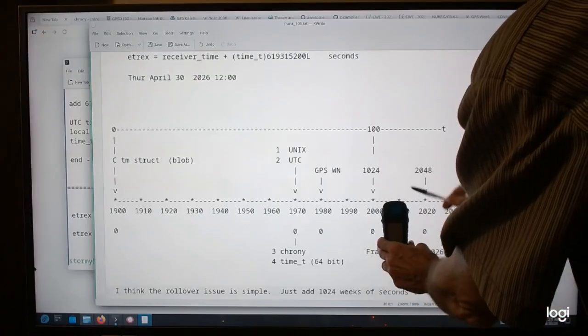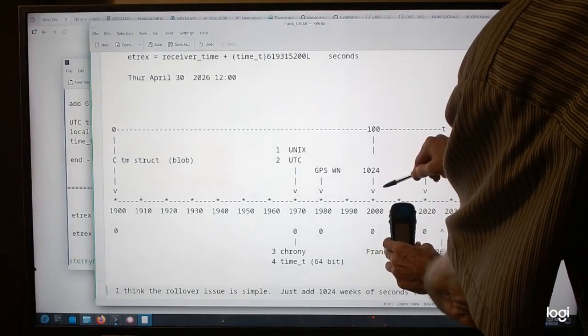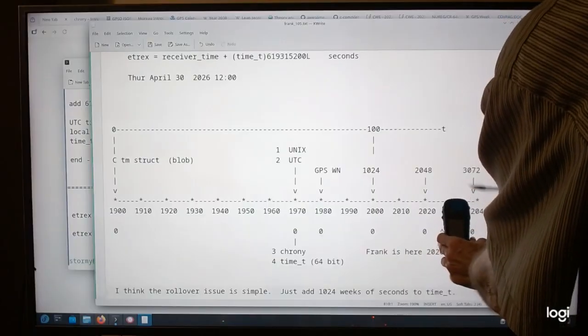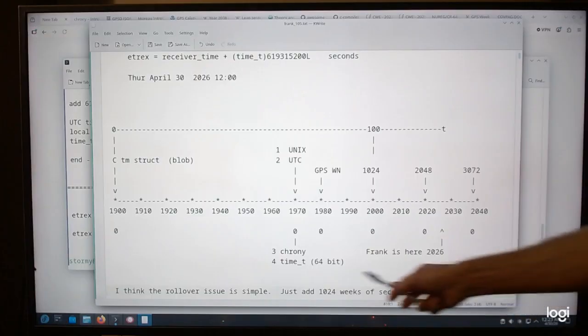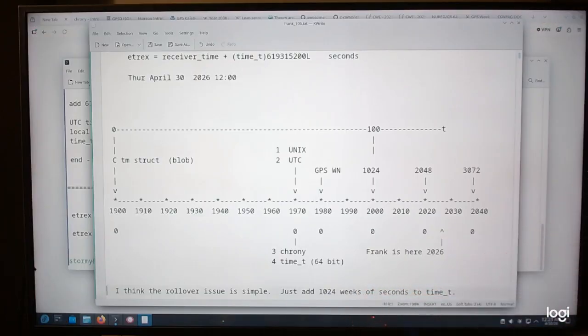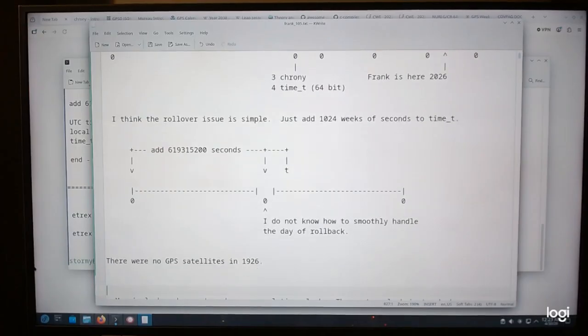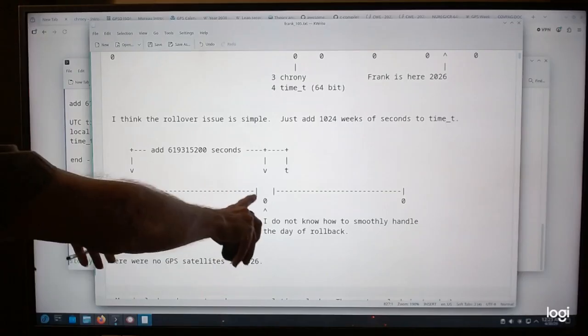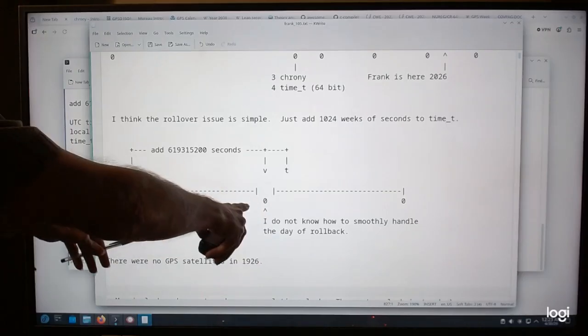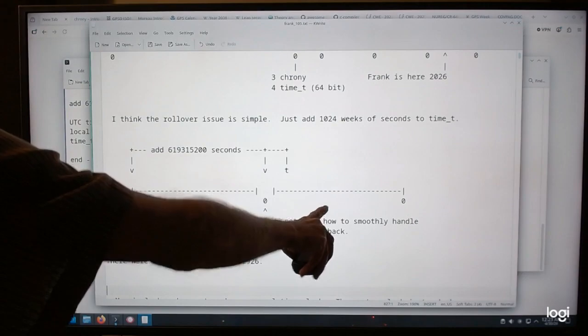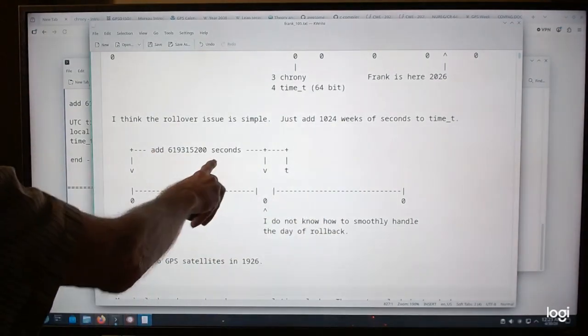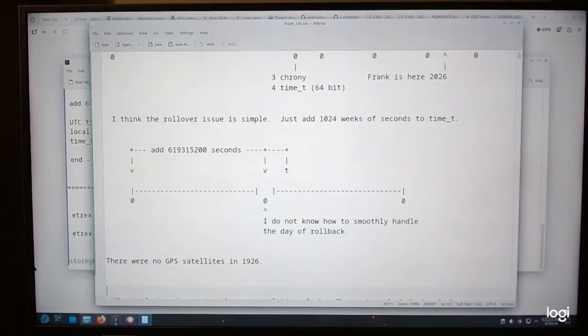So see, it was stuck in this partition, and we want to go over to the next partition, and the only thing we need to do is add 1024 weeks to that. And I just kind of showed you. It's simple. This previous rollover period, I want to go to the next rollover period, so you just add 619 million seconds, and